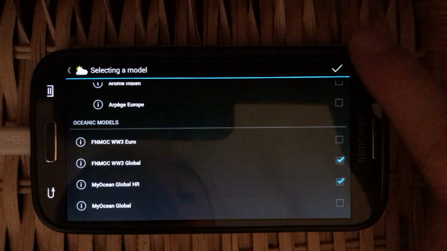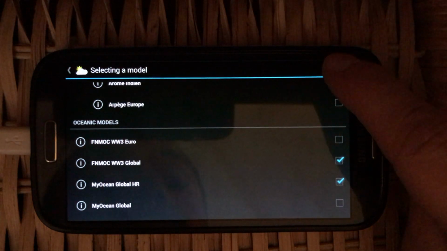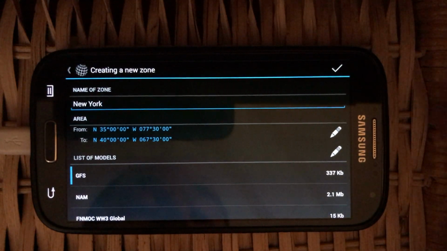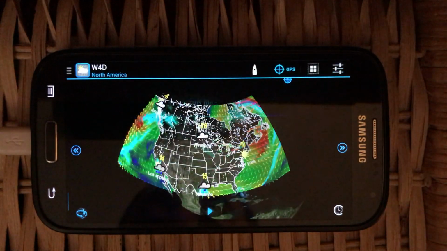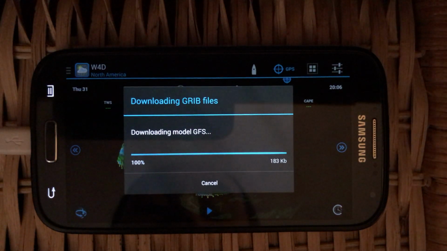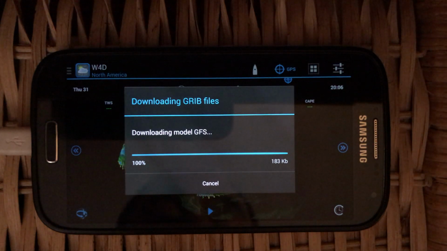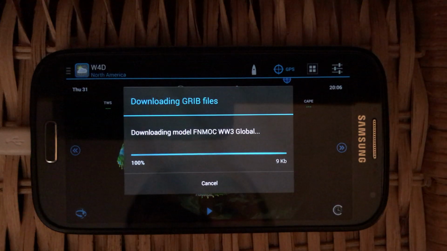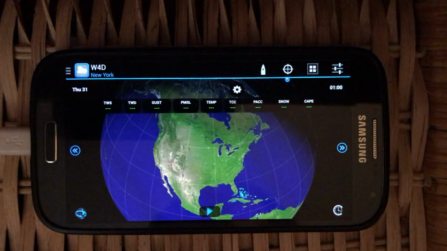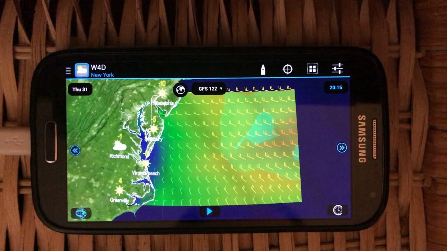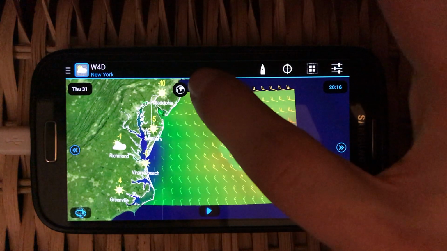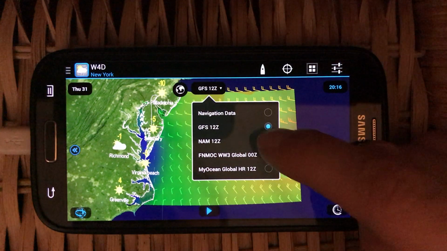When I am done, I tap again on the right upper screen, and I tap a second time. Now my grid files are being downloaded. My wave file, and finally my current files. Okay, so here if I tap on the drop down list in the center, I see that I